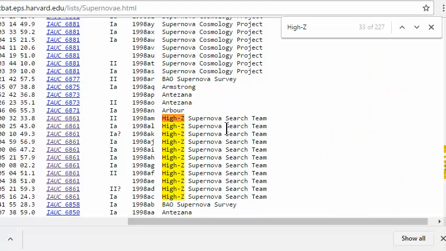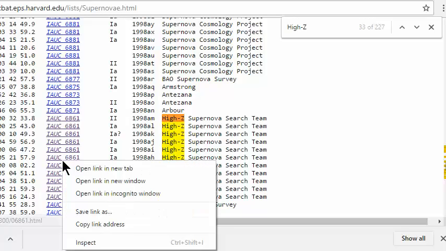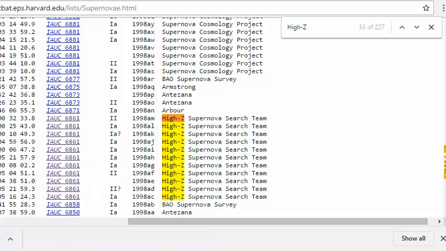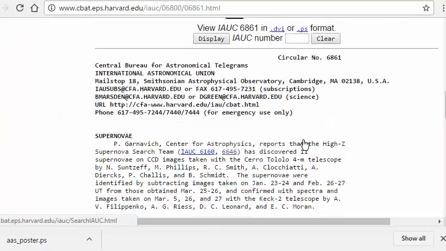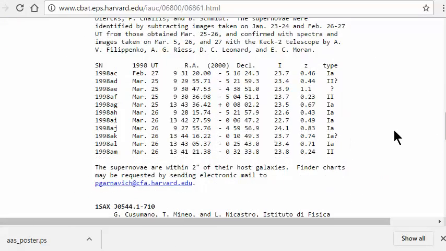Now what I've done is gone down the list looking for data in particular from the High Z Supernova Search Team. We'll just come over here and right click, open link in a new tab, and then you have to scroll down a long ways before you see it, but here's one of their sets of data, and you can see in this set of data they tell us the type 1a and the Z value, and they've got all the way out to 0.83 in this set. So I went down the whole list and copied each data set from the IAU circulars from the High Z search team for type 1a supernovae.